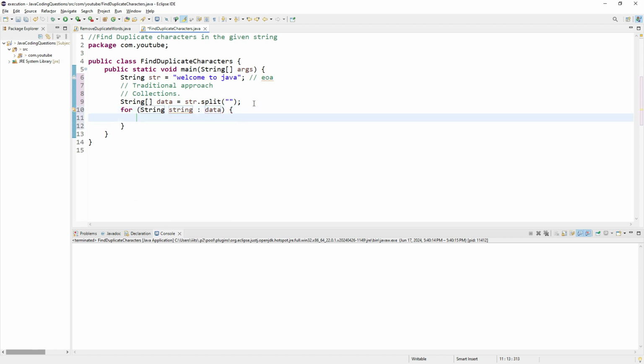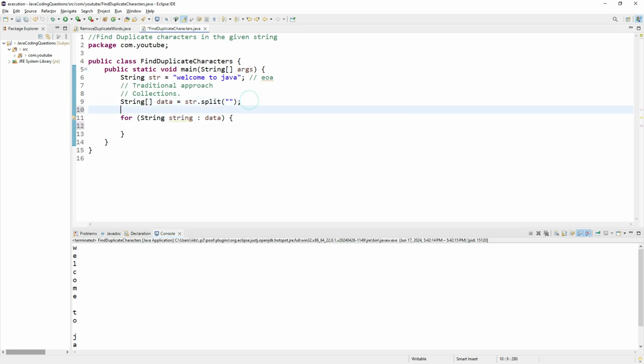and then if I try to print each string here, if you observe, you get character by character. Like this you get, for each and every iteration, a single character. This character, can I add it into a set? Yes, a Set of String,